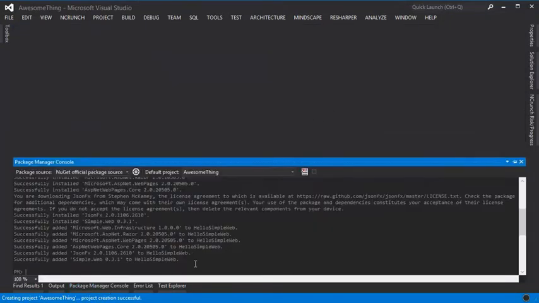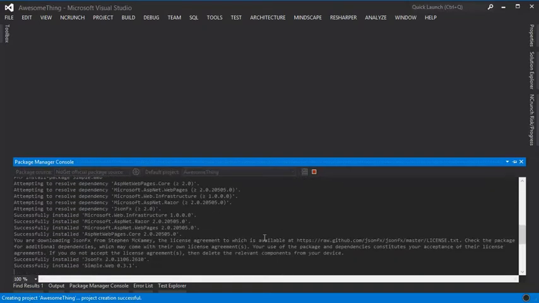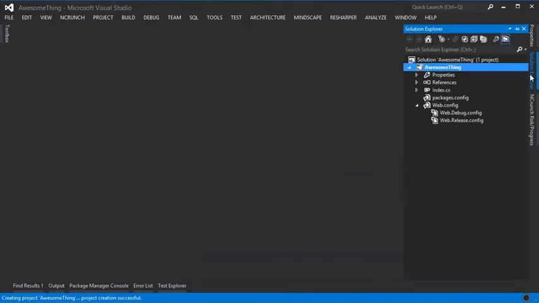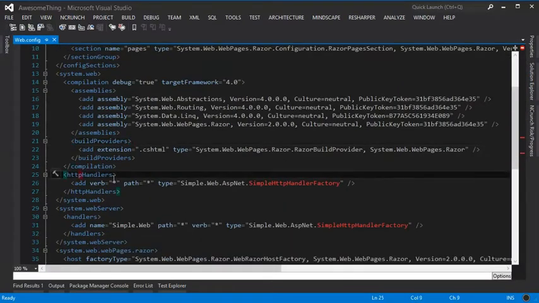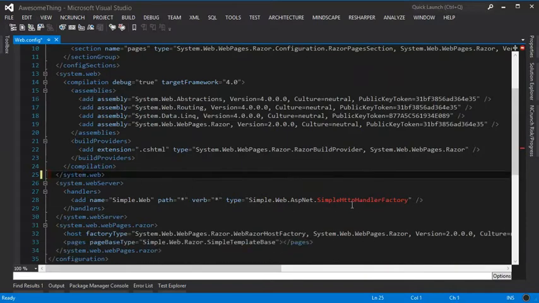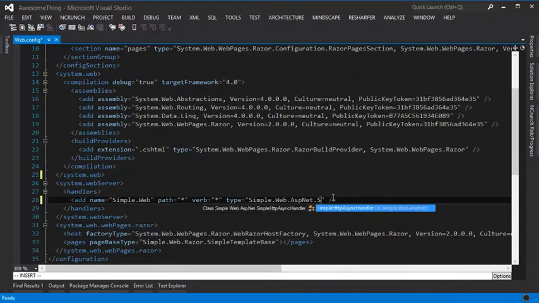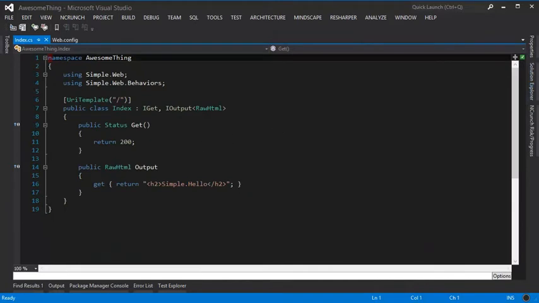And go down to here and we'll just install that simple.web package again, and that's pulling through there nice and quickly. And we'll go into web.config and we'll just remove that HTTP handlers section again, and we'll put the simple HTTP async handler in there, and then we'll go in and we'll find our index page,